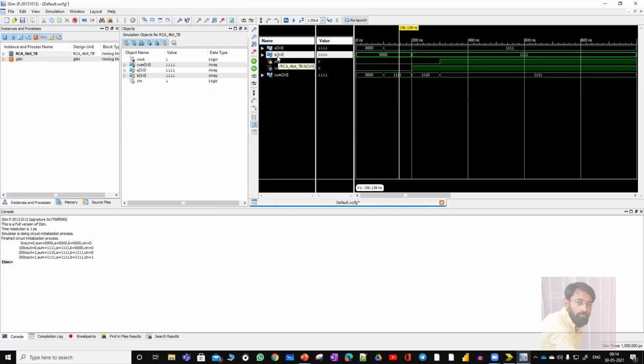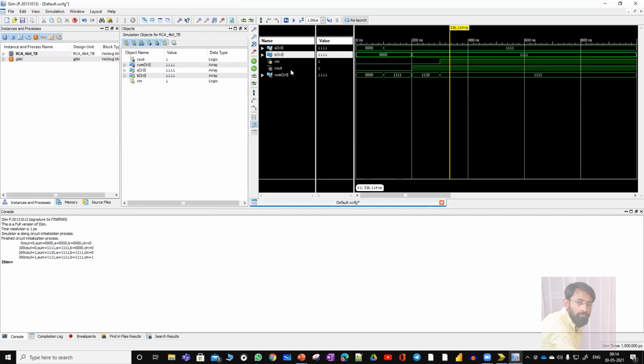Next, at this particular interval of time, A is input which is of size 4-bit, so it is all ones, and B is 0, 0, 0, 0, Cin is 0. If you try to add them, I should get the answer as 1, 1, 1, 1. So I got the answer. Next, see here, A is all ones, B is all ones, Cin is 1, and I am getting Cout as 1 and sum as all ones. So let us see whether this is right or wrong.